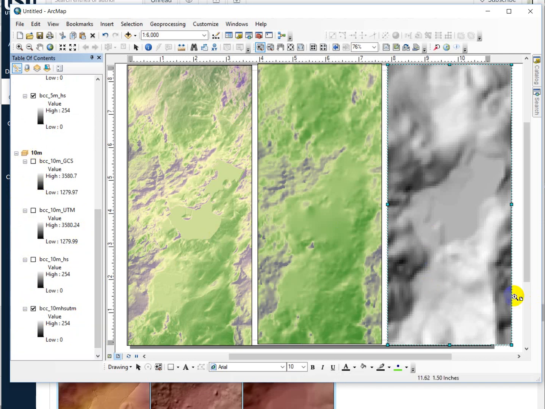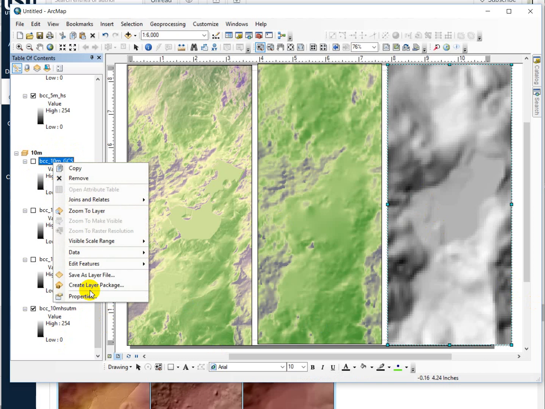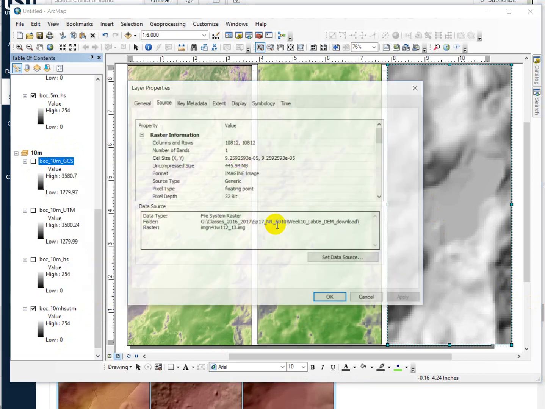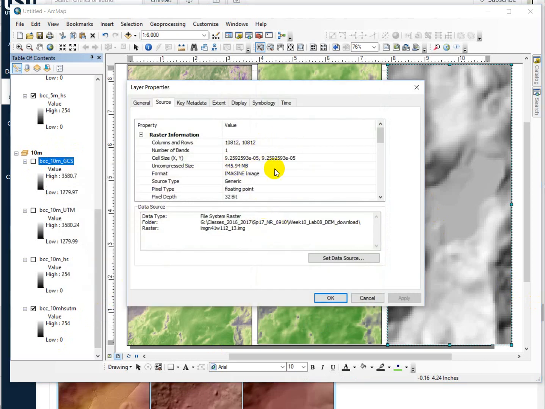Actually, what I want to demonstrate on the 10-meter data set is the gridding pattern and where that comes from. The raw data that you got from the USGS comes in a geographic coordinate system. If I look at the properties, my cell size is very, very small. If I scroll down, my extent is showing very small values. This should indicate to you that this is latitude and longitude. These are angles, so they're less than 180 degrees absolute value, and that's the angle from the center of the Earth out,